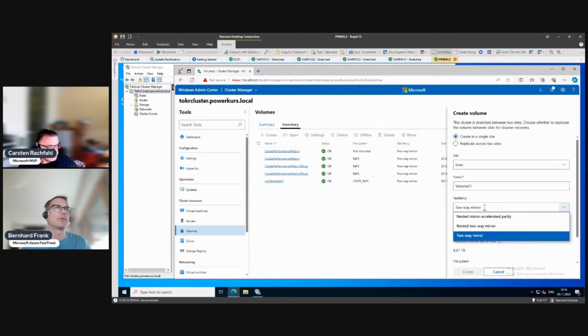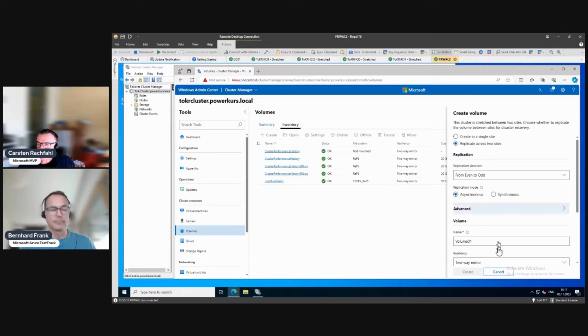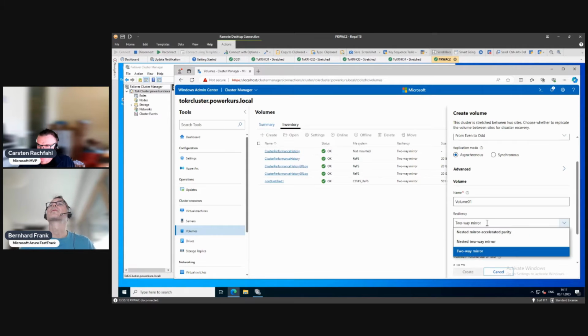And you only have two nodes on this side. Therefore you have only the resiliency options of a two-node system, I would say. Exactly. And we go with a two-way mirror because when we create a stretched volume, now let's go here. We have the same choice, but